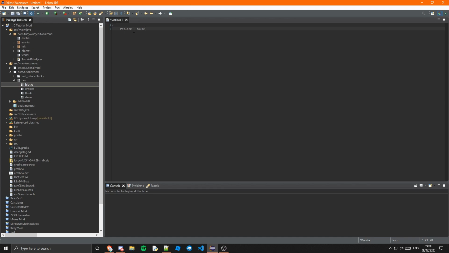So this is optional, you don't need this. It's basically whether or not the contents of this tag should completely replace the contents from different lower priority data packs with the same namespaced ID. So that is me just reading the definition, and it may sound very confusing. So basically what it means,